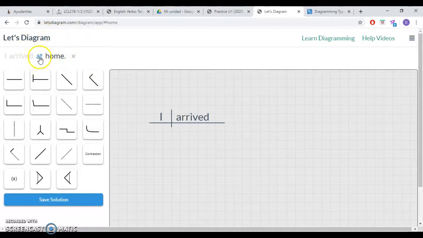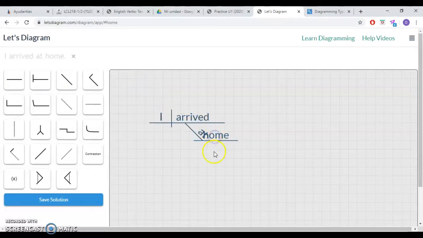We have the preposition at, these go in this direction. Okay, and because home is a noun, nouns always go horizontally. They never go any other direction in a diagram. They always go horizontally. Okay, so we're going to take home and place it